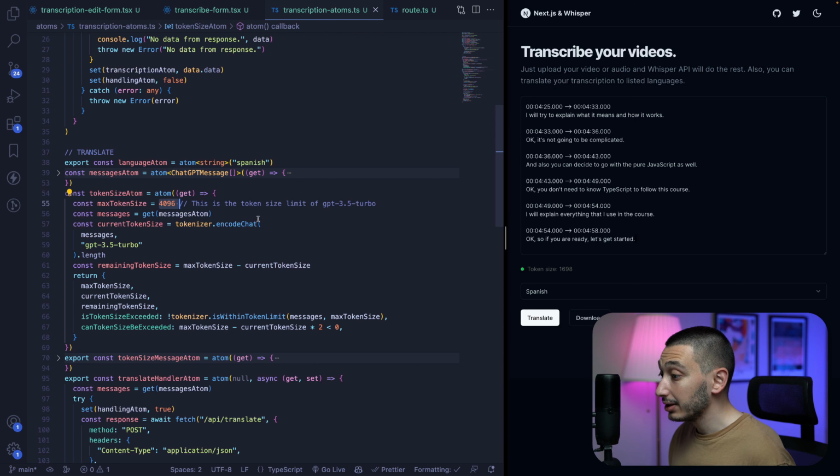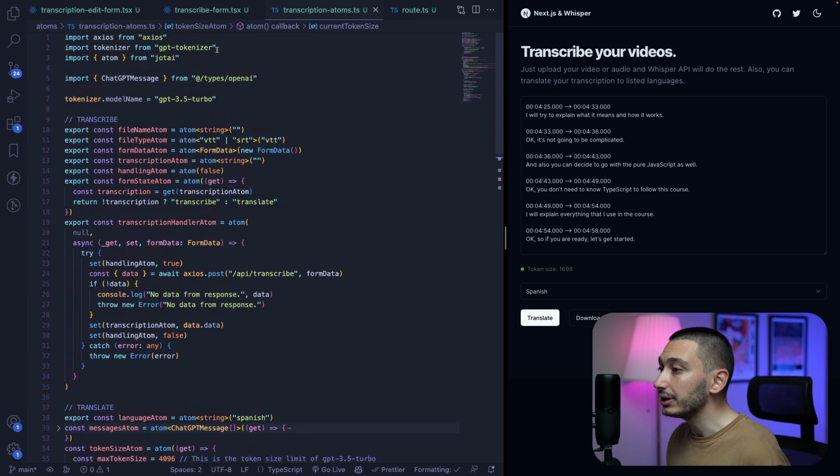This is the token size limit of this model. And then we need to get our messages from the messages atom, and we can calculate our current token size with this tokenizer. But first we need to install this library